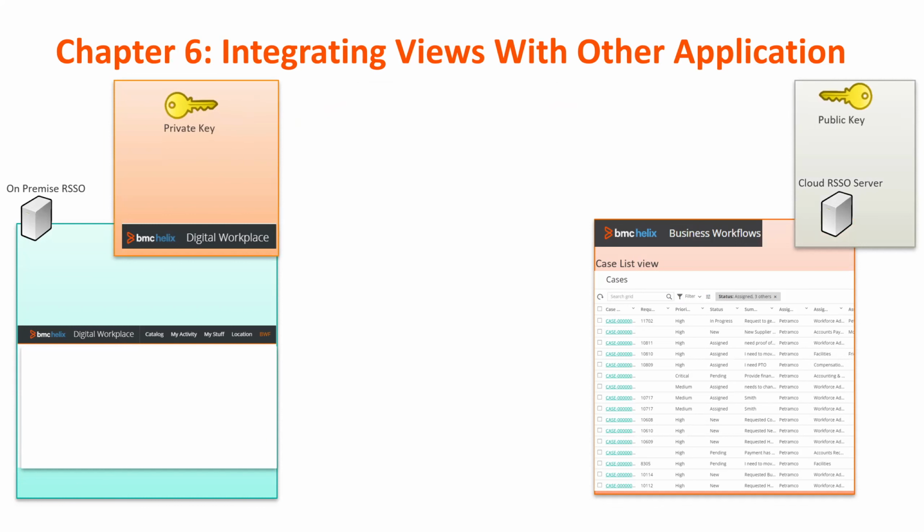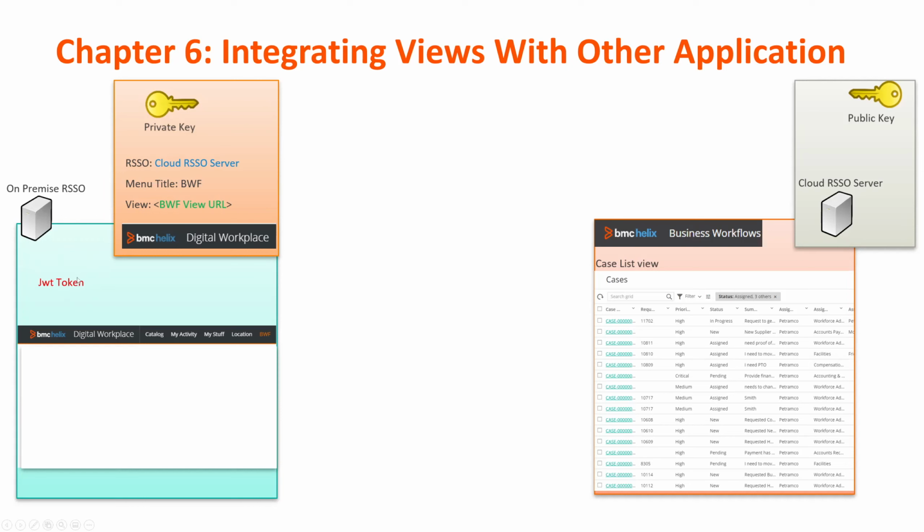The private key is going to go on the digital workplace, and the public key on the RSSO server. On DWP, you will have some different parameters that you need to set up. But basically what's going to happen, and this is for DWP, or for your own portal, when the user Bob is going to connect,